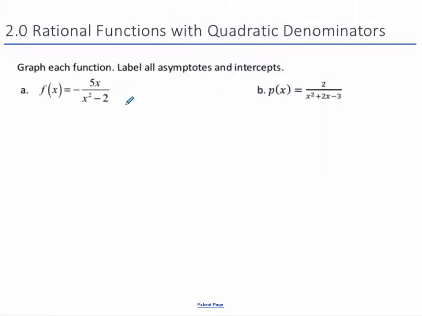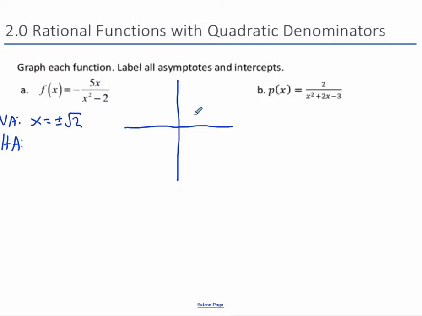Okay, in the first example we've got this function, and very importantly we need to first figure out what the asymptotes are. That'll help us with graphing. So it has vertical asymptotes when the denominator equals 0, and solving that we get x equals positive negative root 2 are our vertical asymptotes. Our horizontal asymptotes,